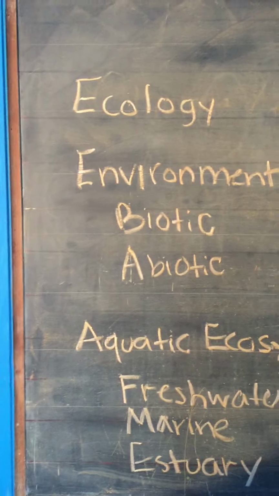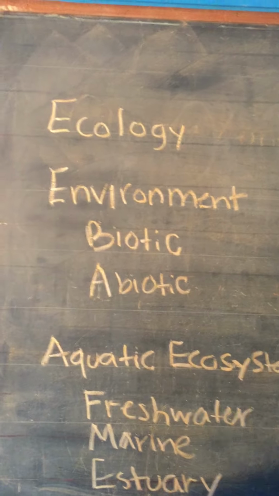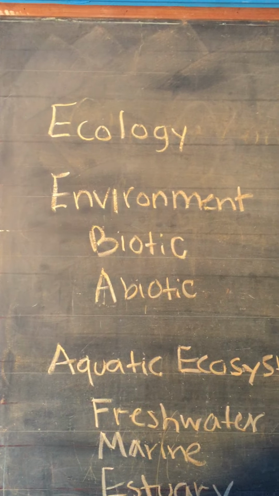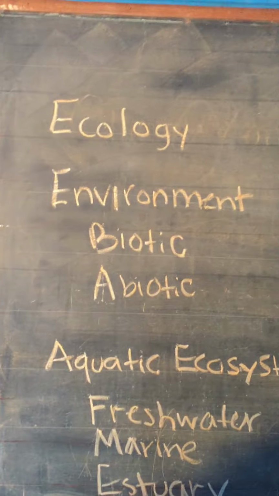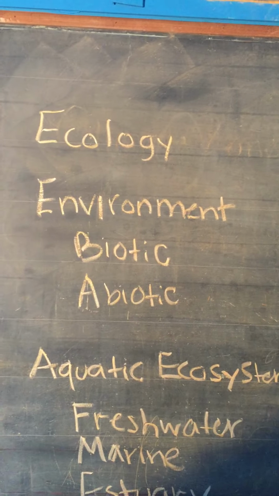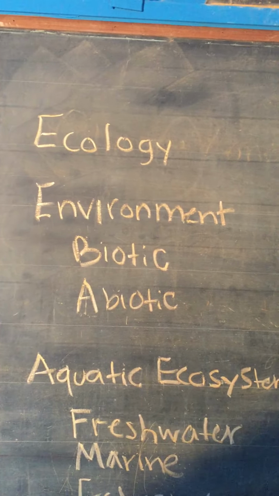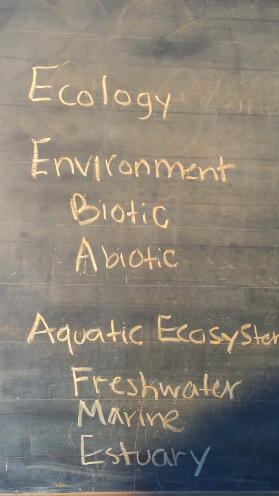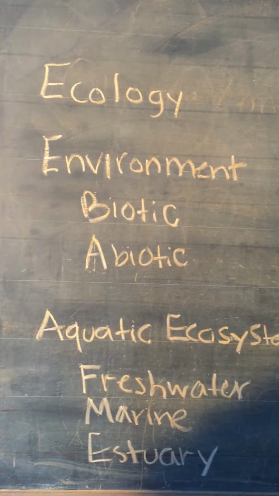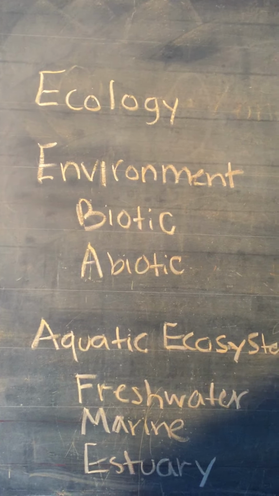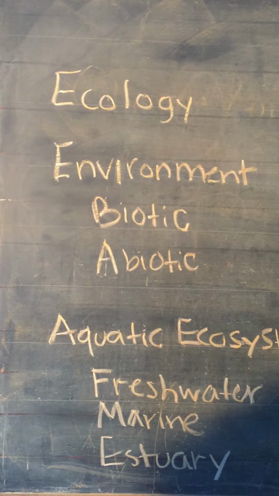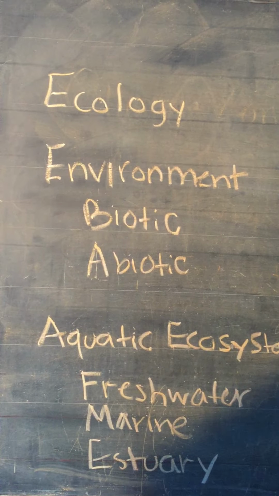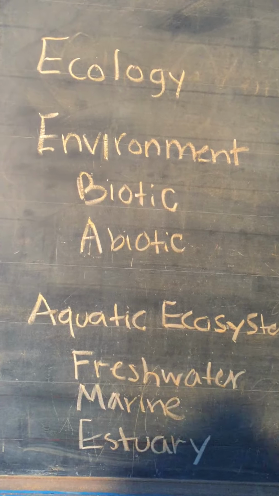Now, we are going to take a look at ecology and the environment. Ecology is a branch of biology that studies relationships between organisms and their environment. Environment is the factors that affect an organism during its lifetime, so it can include biotic factors, meaning other living organisms, such as plants and animals, and abiotic factors, including energy, climate, weather, minerals, water, air, pH, salinity, temperature, soil,